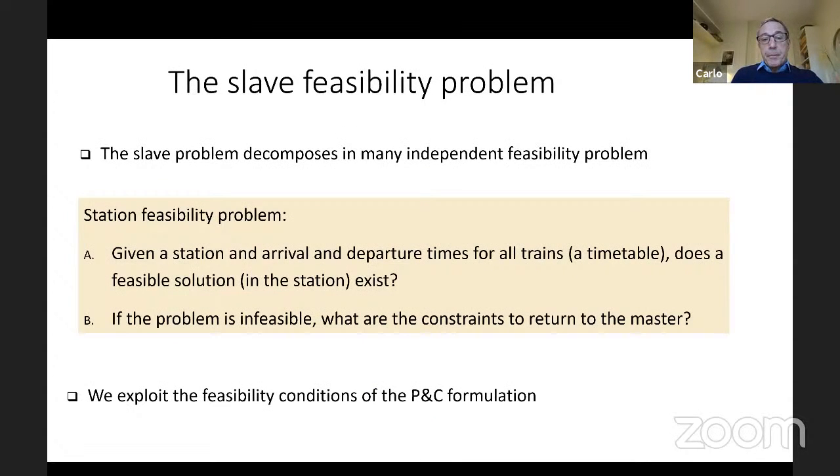So, as I said before, the slave problem now amounts to deciding if the timetable produced by the master program is feasible for every station. And if it's not, then we need to produce a cut or a constraint which cuts off the current timetable. And to do this, we exploit the feasibility conditions that we described when we described the pattern cycle formulation. Namely,